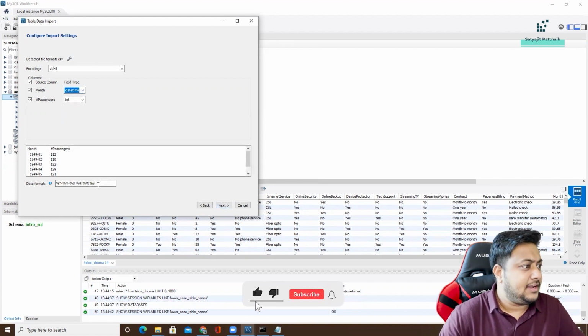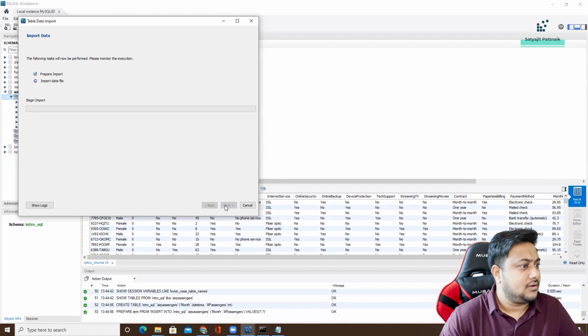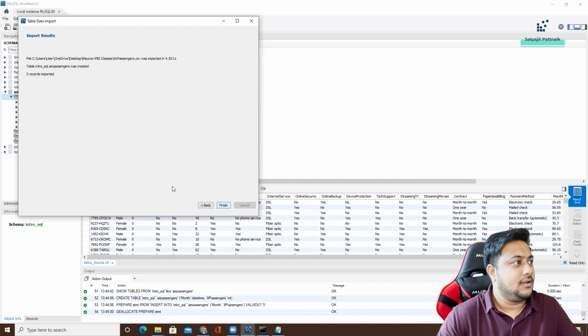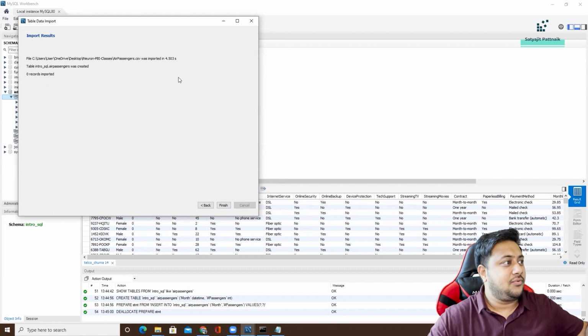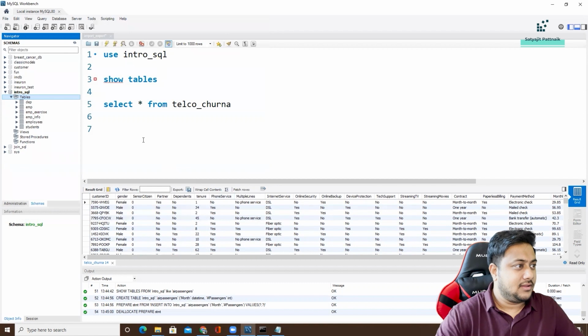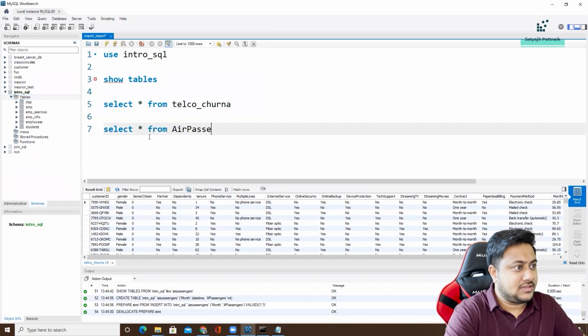Everything is fine. Date format, if you want to give a format, you can give it. Next, next. Done. So this is done in 4 seconds. You can see a 2 KB file, still it is taking 4 seconds. And if you want to use your command line, it's super simple, right? Now you can just check it. Select star from air passengers. And this is how your